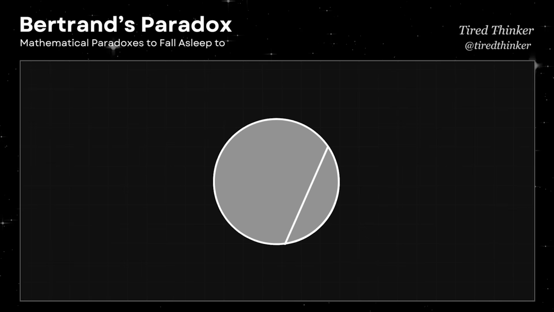In summary, Bertrand's paradox reveals how different methods of defining randomness can lead to different results. It appears simple at first, but demonstrates deep mathematical ideas about probability. The paradox teaches the importance of being careful when defining randomness and selecting probability models. It has practical applications in physics, computer science, and decision-making. Most importantly, it reminds us that probability is not just about numbers, but also about how we frame and interpret